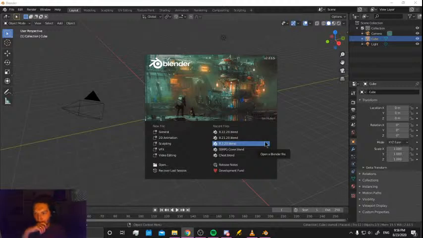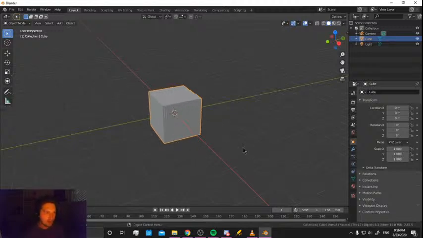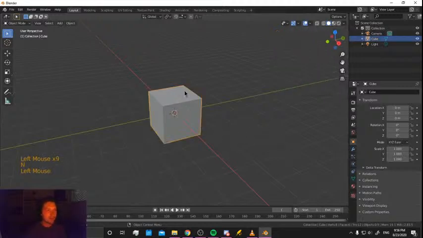So let us open a new general file. And this one is going to be a little more hands-on. I do have an idea about how to make this wall a little more procedural. So the first thing we're going to do is we are going to not get rid of our default cube. We're actually going to, sorry, let me turn these on first. It's probably more helpful. First thing we're going to do is keep this default cube, and then